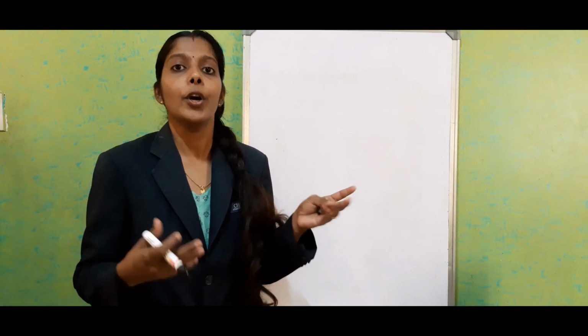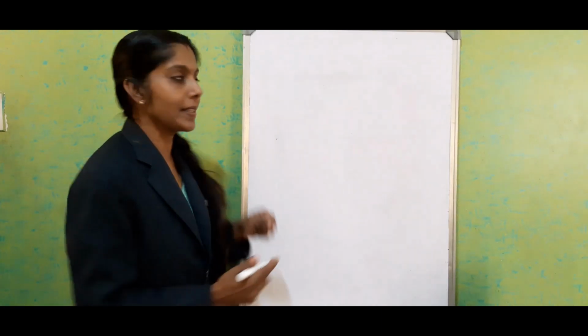Hi everyone. Today we are going to see the image formation by lens. If you want to find out the image formation, we have to get the position, size and the nature of the image by using the ray diagrams. To draw a ray diagram, we need a few rays, minimum 2 rays. First we will see which are the convenient rays we can choose for drawing the ray diagrams.